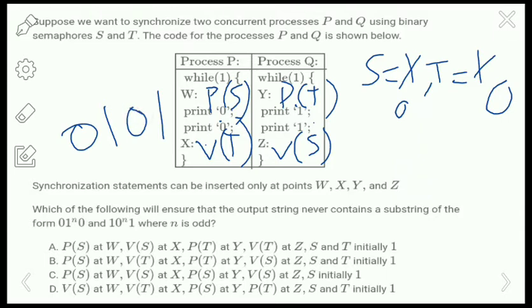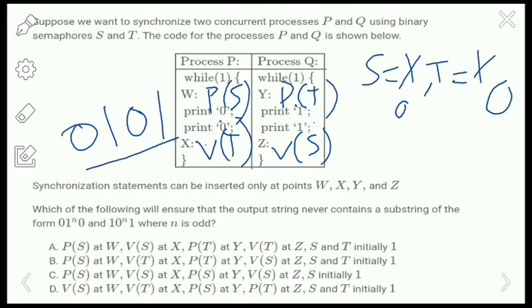Okay, so now it has printed this value. Here both the processes are concurrently executing, that means it can print the combination of 0 0 1 1 here. Okay, so it can print the string of the combination 0 0 1 1. In that combination, 0 1 0 1 is also a possible string here. Since both processes P and Q are concurrently executing, there will be a number of possibilities of the strings.